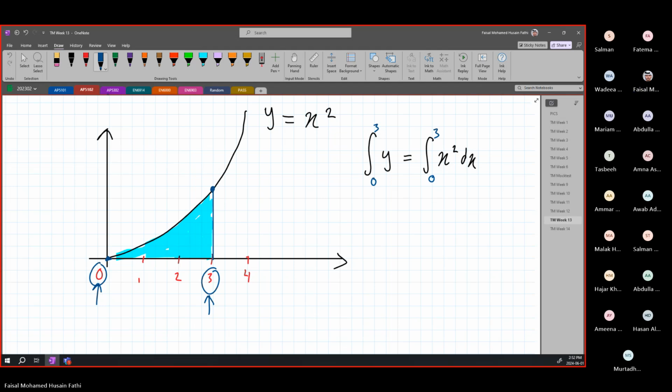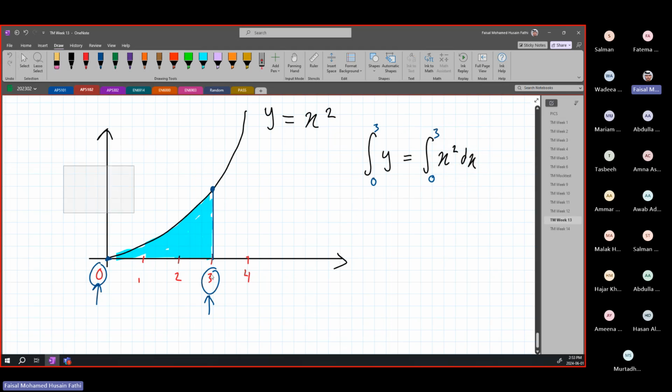This is why you need to know your definite integrals. And then it is very simple, the concept. So you have your limit. Where is it starting on the x? Where is it ending on the x? You have your function given, all right, y equal x squared, for example. All you have to do is just to find the area.